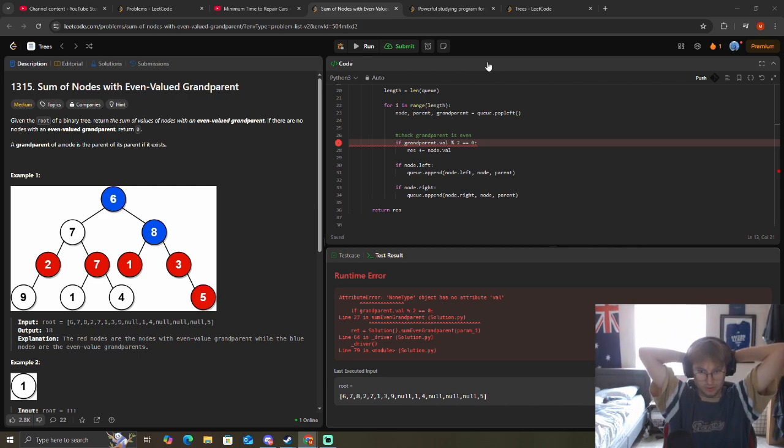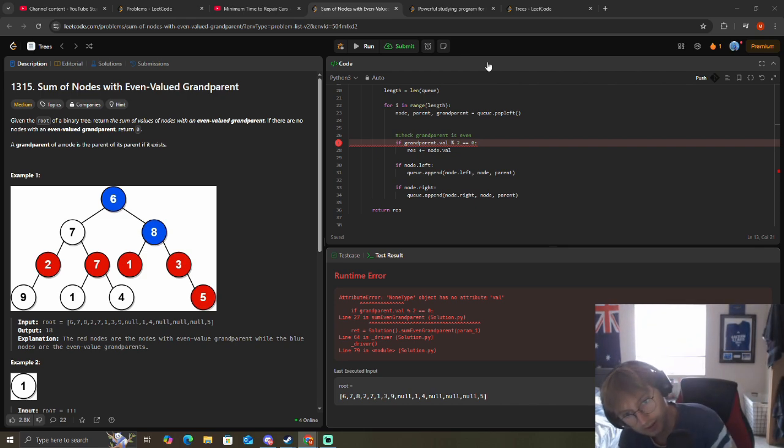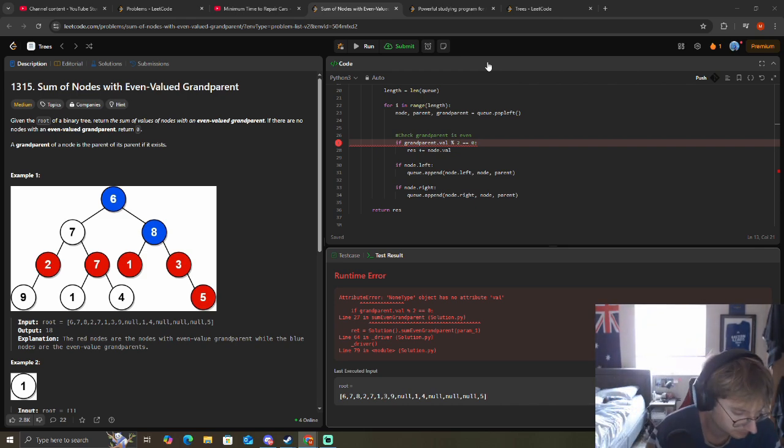Grandparent.val % 2 is equal to 0. Okay. Then res plus equal to the node.val. How can I